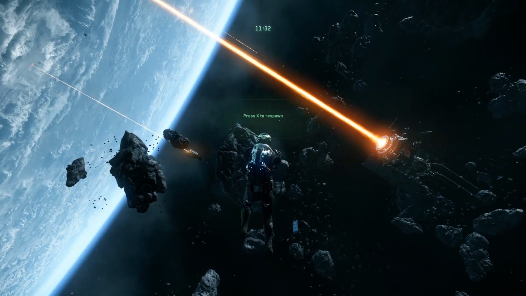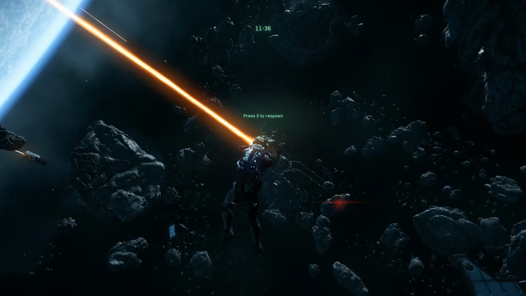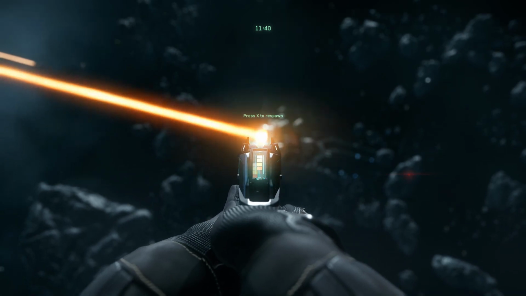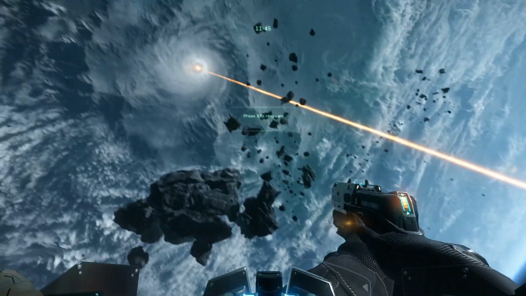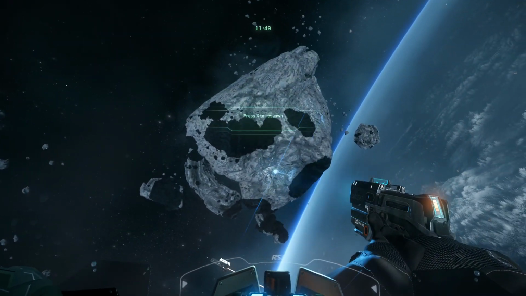Also Chris Roberts did speak of the ability to pull out your pistol when you eject in Arena Commander. Now obviously this is a first look for me at firing a pistol in Arena Commander / Star Citizen, and with the upcoming FPS module